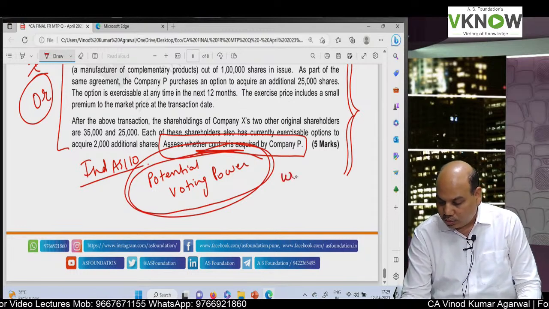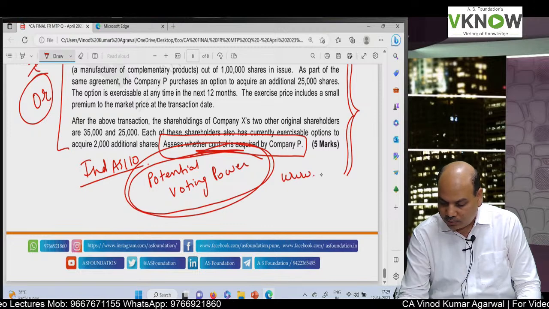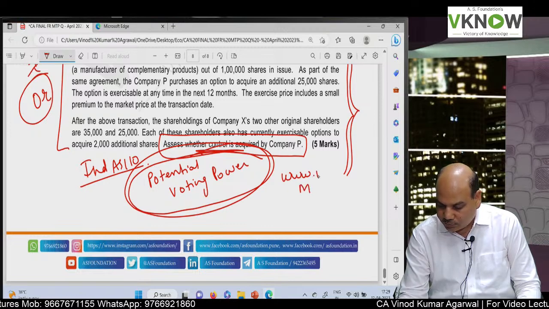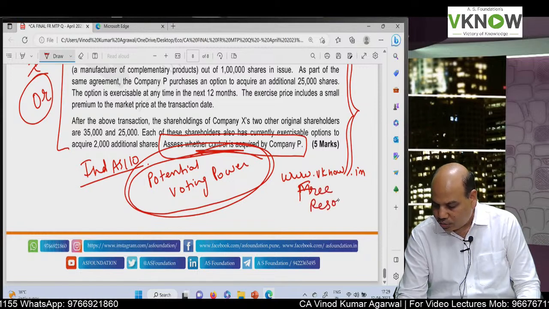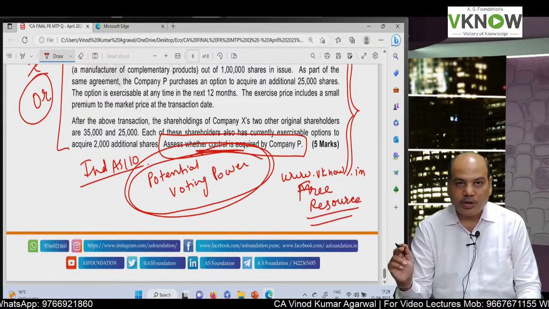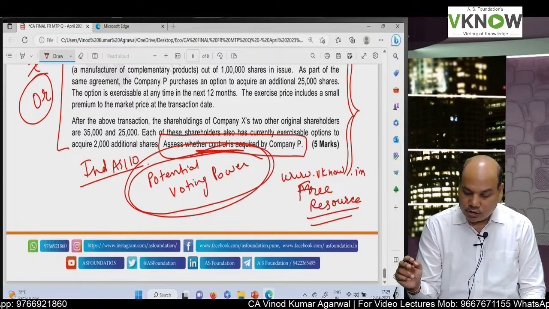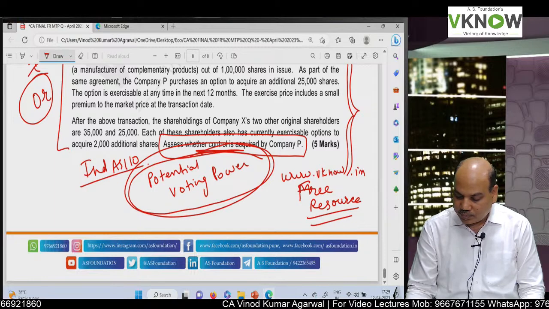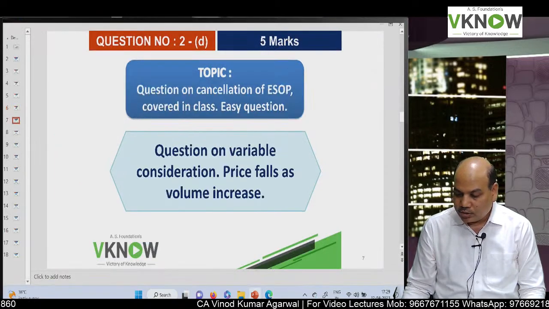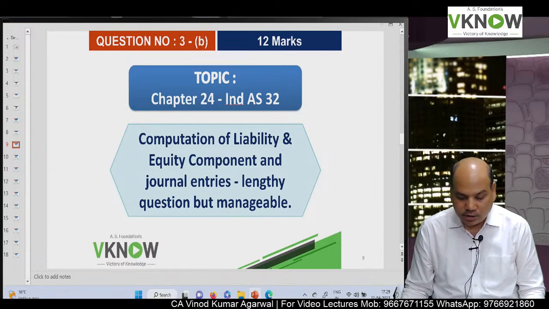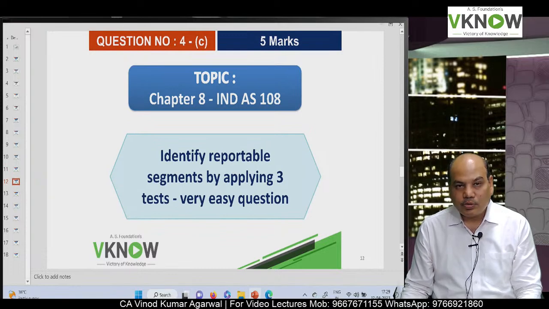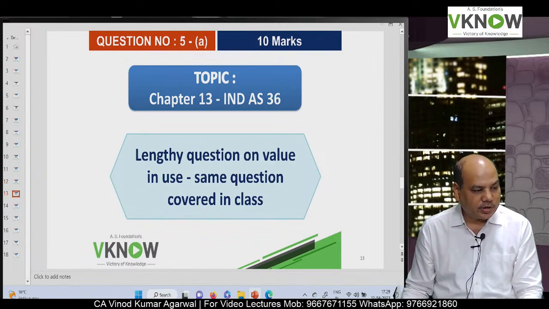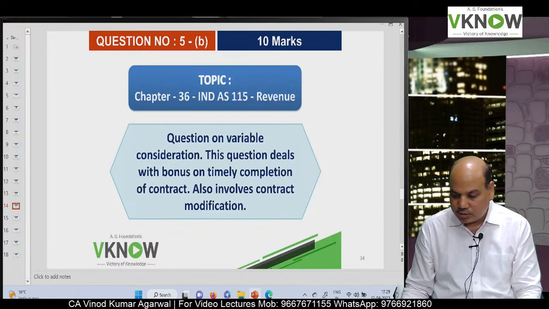The student can download this MTP from our website vino.in. In the free resource section, you can download the MTP, the RTP, and for this you can also download the analysis. I have prepared this analysis. This analysis is also there on our website. You can just go to the description box, click the link, and this way question by question analysis I have written. The same thing you will find on our website.